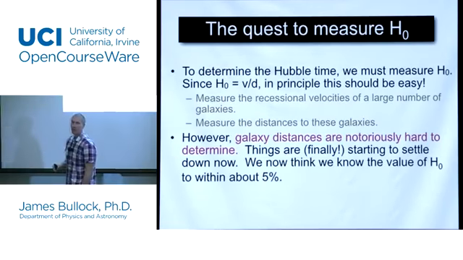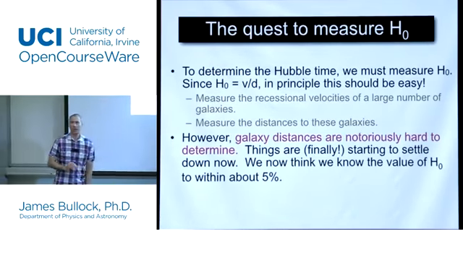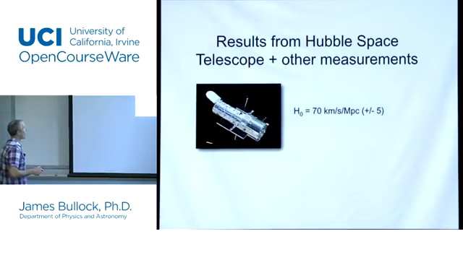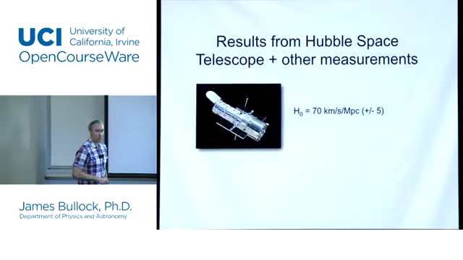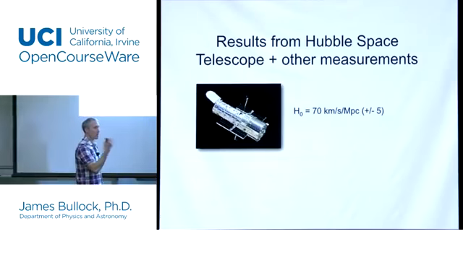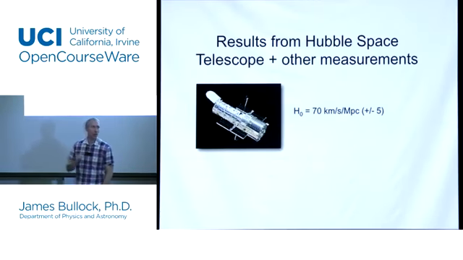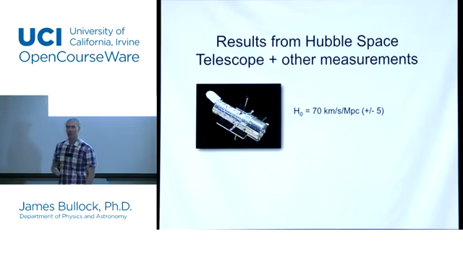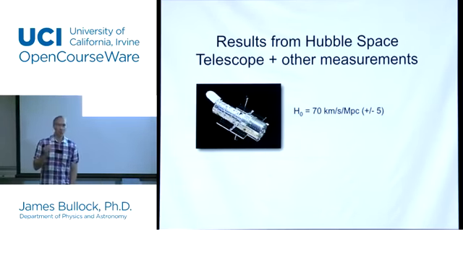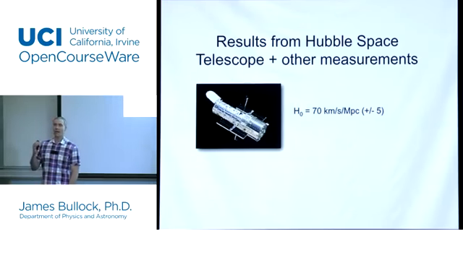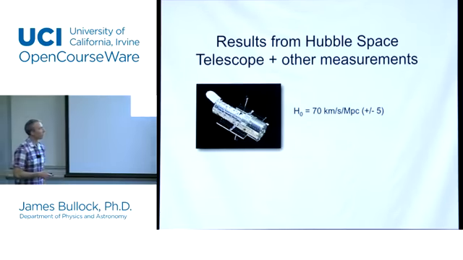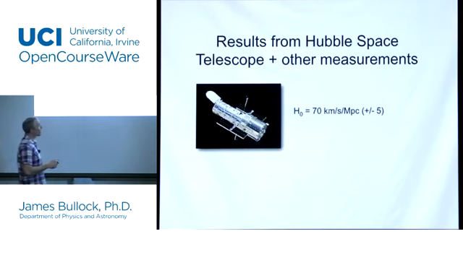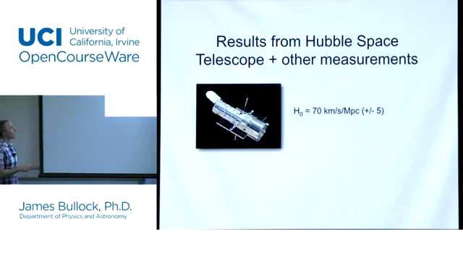And within about the last 25 years or so, we've sort of settled on what the actual value of this was. It turns out actually that one of the prime reasons why the Hubble Space Telescope was built was to measure this number. It was one of the key projects that people wanted to have Hubble for, to measure the slope of this line, because the slope of this line is, again, a key to the actual age of the universe itself. And the consensus value for H naught now is somewhere around 70 kilometers per